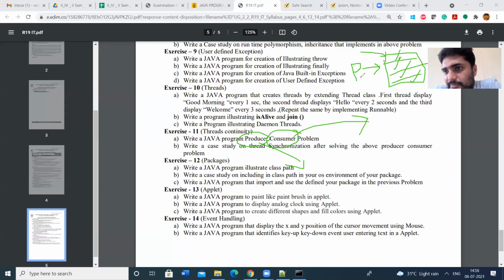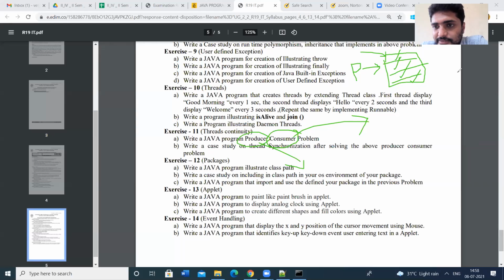So the main purpose of the producer is to produce an item, whether it is a book or a table or anything. It will produce an item and place it in the shelf. Likewise, there is another user, that is the consumer. The consumer will consume this item.